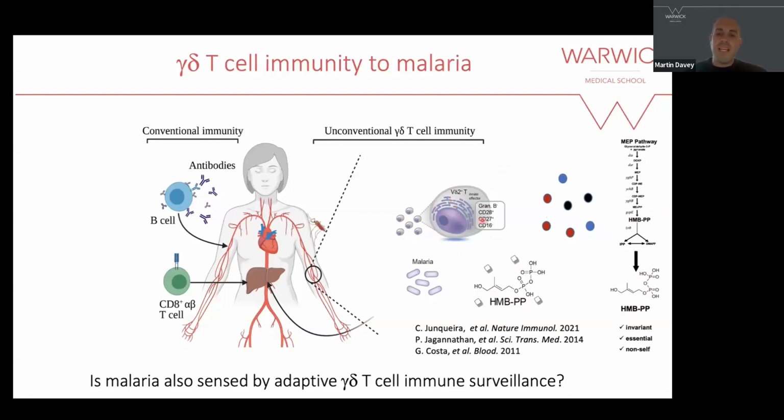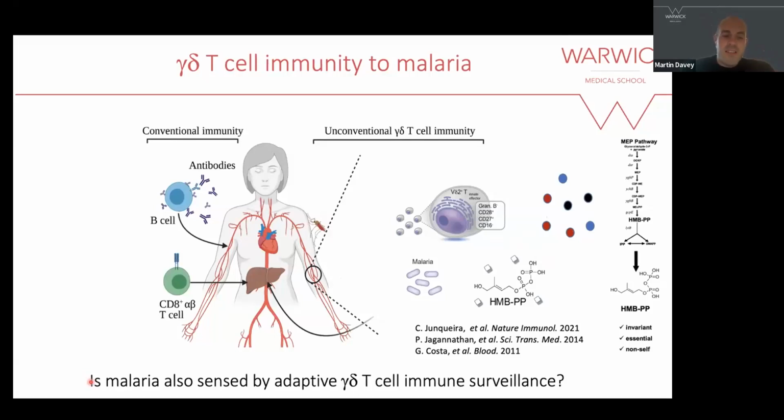They've got some key lytic functions, and there have been a couple of really critical studies, particularly this one by Caroline Junqueira, which indicated that V delta 2s really target the blood stage of malaria, and you can use lytic molecules to effectively kill parasites inside red blood cells. So that has really driven what we understand about gamma deltas, and that's been much of the focus. But we also reasoned, from a few studies that were done quite a few years ago by Lars Havid and colleagues, that actually saw V delta 1s expand as well.